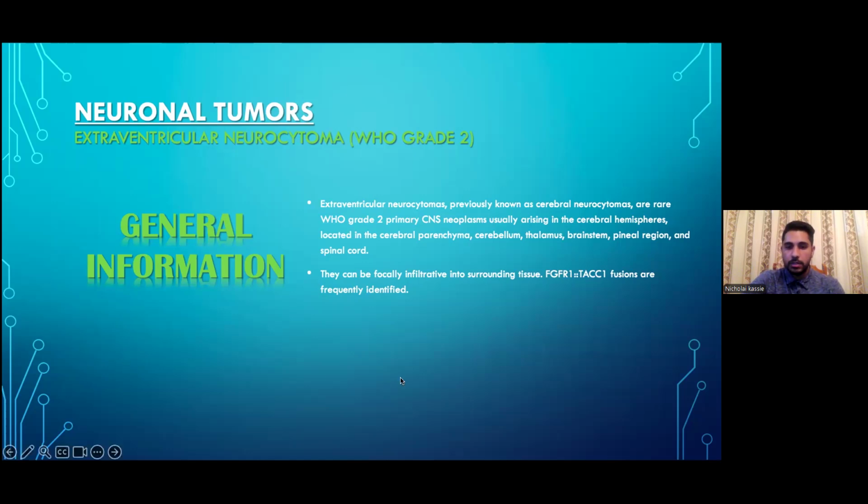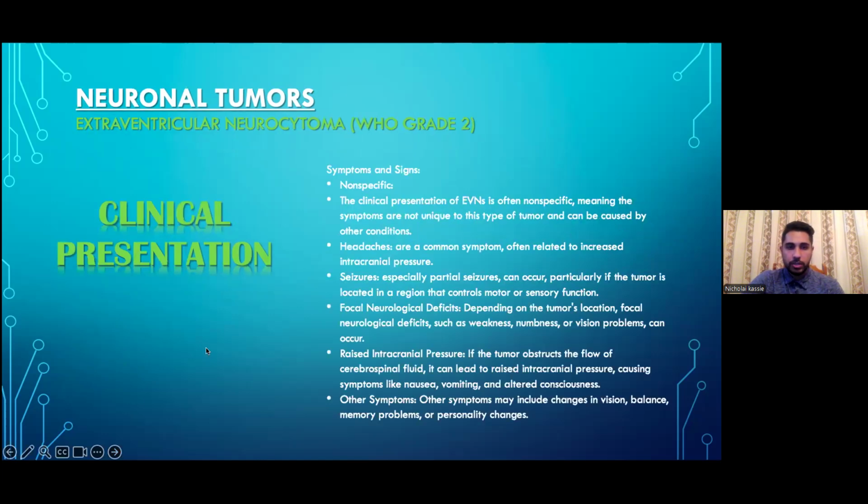They can be focally infiltrative into surrounding tissue. FGFR1 to TACC1 fusions are frequently identified. In terms of clinical presentations of these types of tumors, they're usually non-specific, and similar to the previously mentioned tumors, the clinical presentation of EVNs is often non-specific, meaning the symptoms are not unique to this type of tumor, but can be caused by other conditions. Patients can present with headaches, seizures, focal neurological deficits, raised ICP and associated symptoms, and even changes to vision, balance,